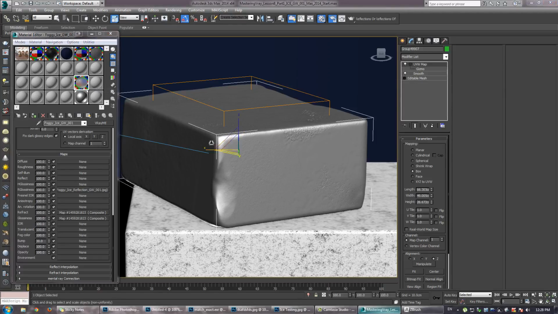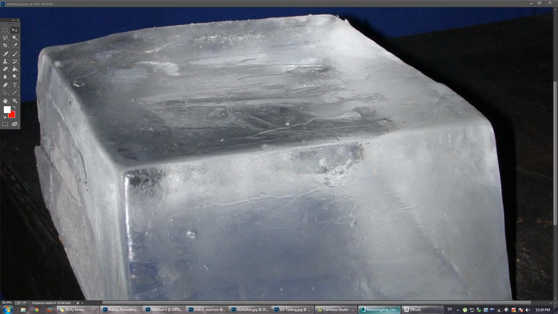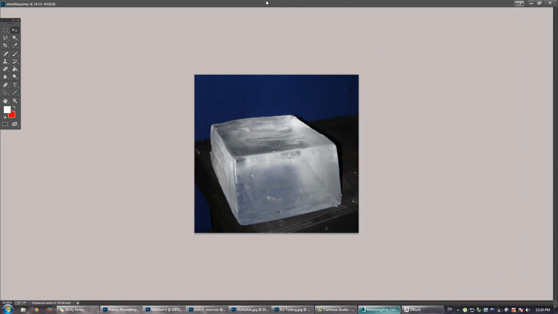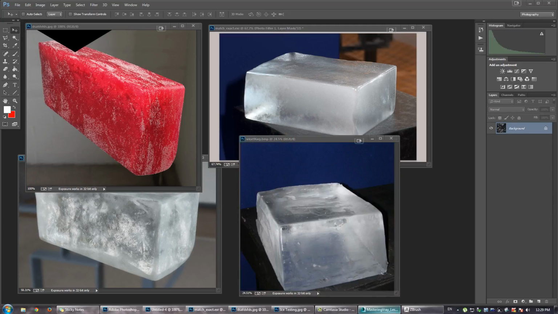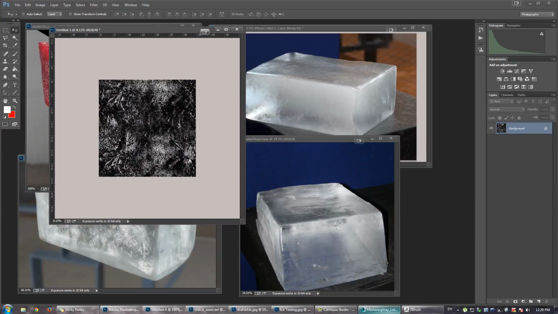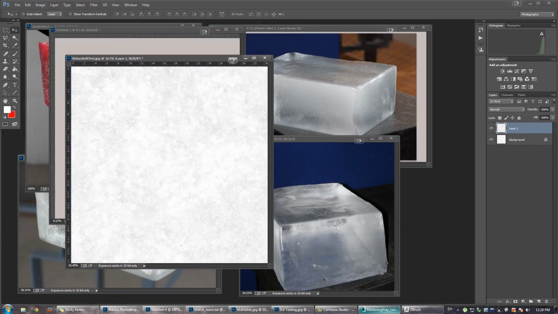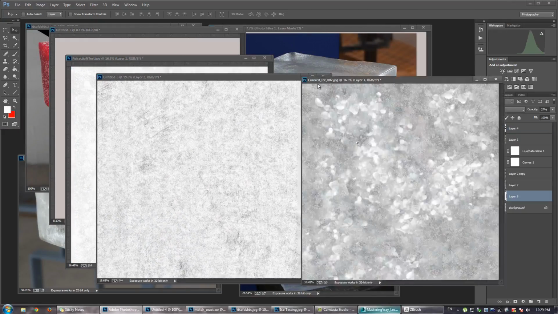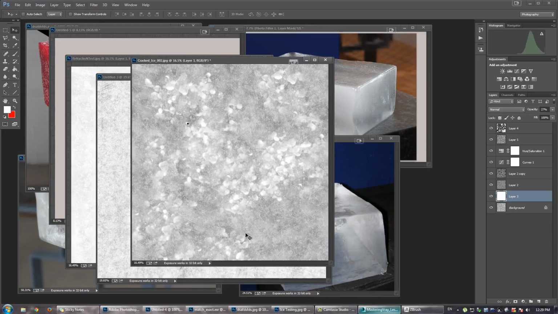Now I have provided the alphas I used in ZBrush to create these bumps, so don't worry, you will be able to recreate very similar to what I've done here quite easily. So you can see here, if I just go back into Photoshop, I'm just going to zoom out, and you can see we've got a few textures here that we're going to be using that I provided. Similar to previous lessons where I've provided different types of textures for scratch metal and stuff,